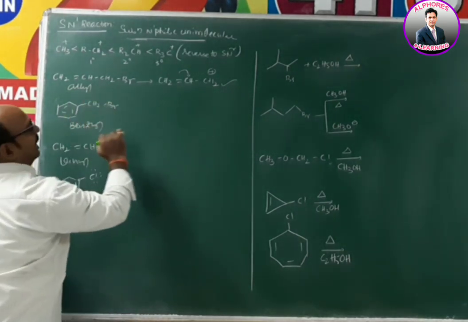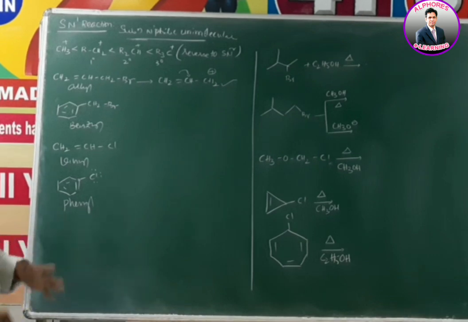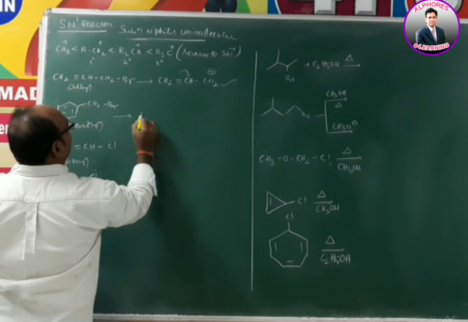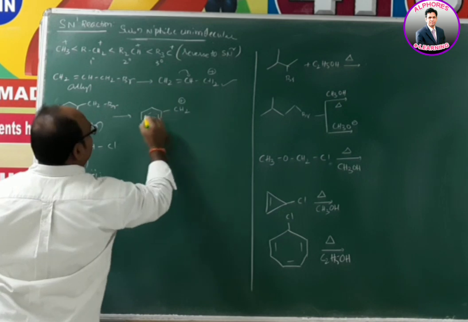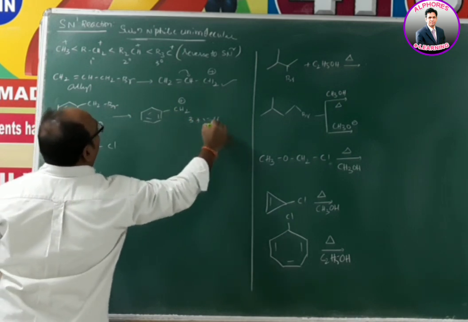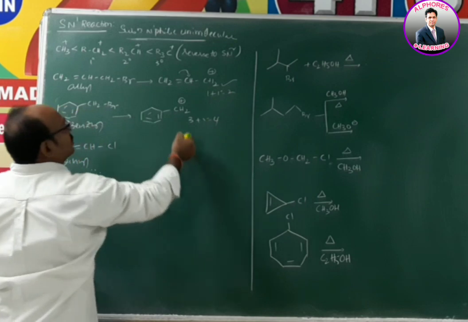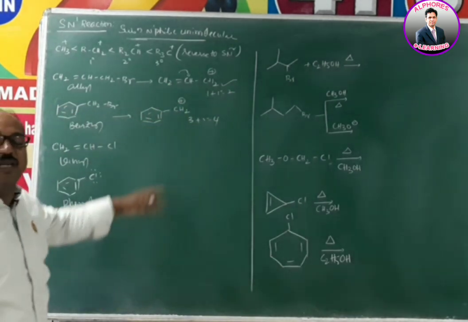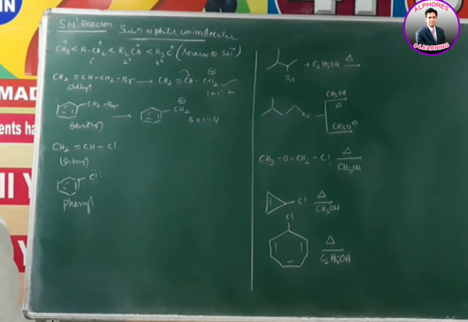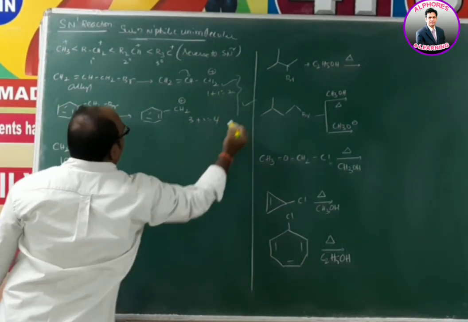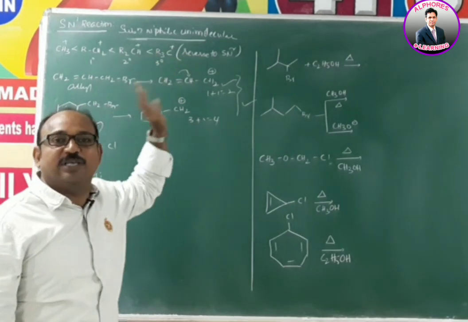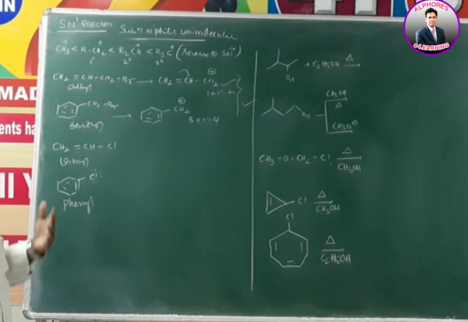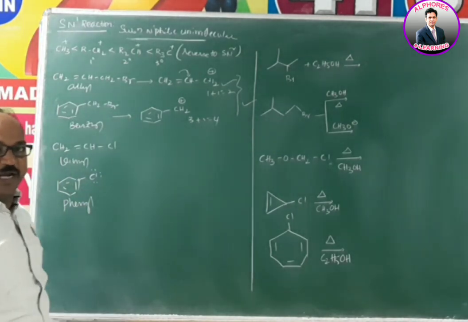Now allyl bromide, since it is able to form the allyl carbocation, obviously it can give the SN1 product. And benzyl also, because the benzyl carbocation is more stable due to resonance. It has resonance structures, 3 plus 1, 4; the allyl has 1 plus 1, 2. So allyl and benzyl carbocations have nearly the same stability. That's why both undergo SN1, along with SN2. But which reaction predominates depends upon the remaining conditions.